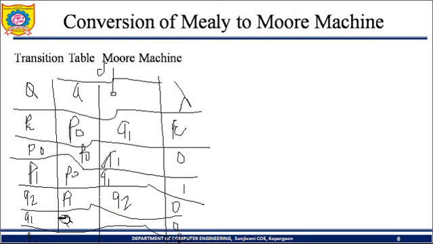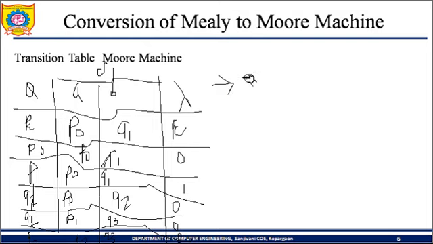This is actually for Q1. And Q2 after reaching A will go back to P0, and after B it will be in P1, and it is in the Q3 state. Q3 after reaching A and B is the same Q3. With the help of this, we need to design the transition diagram. Now how to design it? The transition diagram for the Moore machine.